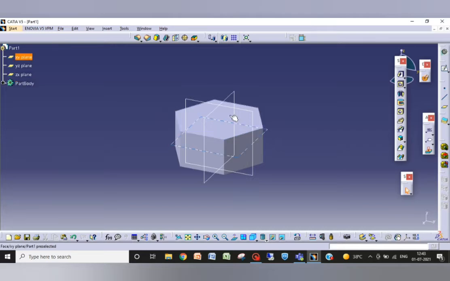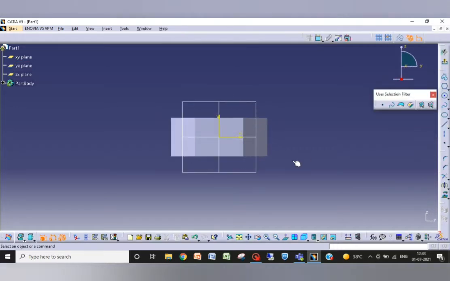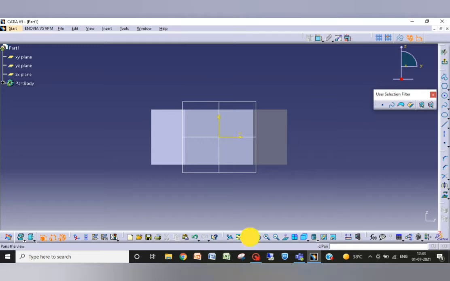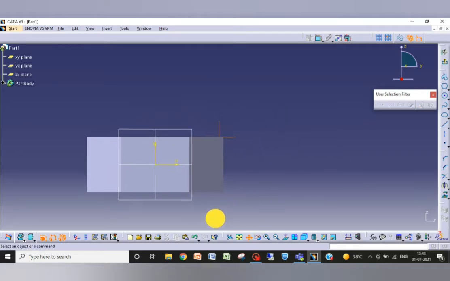Before that, we have always seen some curve here. It is not that sharp. It is somewhat like this. So for that, on this plane we will sketch. I'm zooming a little bit, putting it at the center and zooming in.